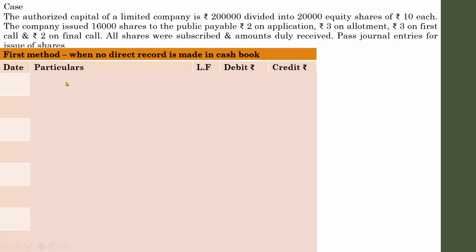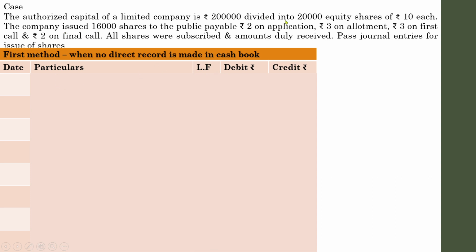If you have written a journal entry, purchase account debited to a supplier or a creditor, you have to pass these entries in two ledger books, that is, in the purchase ledger and in the creditor's ledger. So in the ledger folio, where you have posted that journal will be written here. So you can easily identify this journal's details in the ledger book. For that purpose only, ledger folio is used. It is actually used in real business situations. During our studies and computations, we need not use ledger folio.